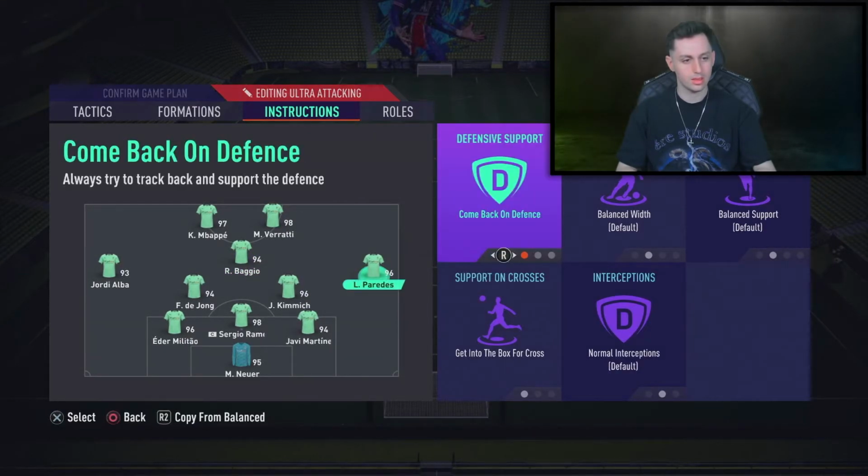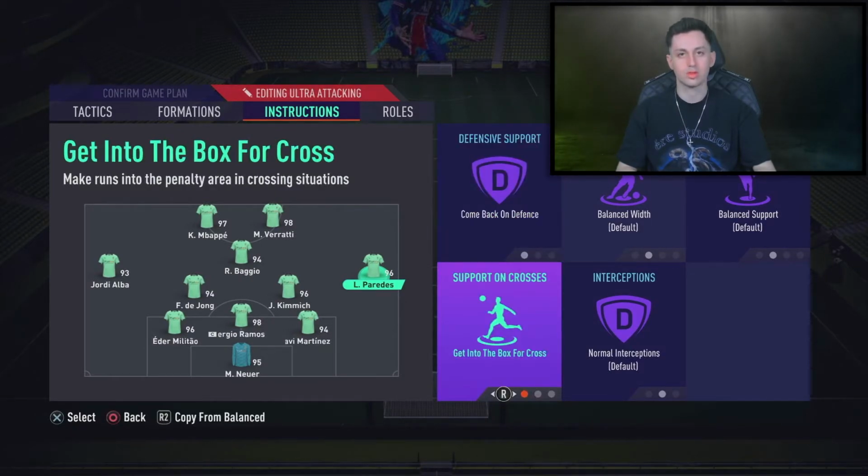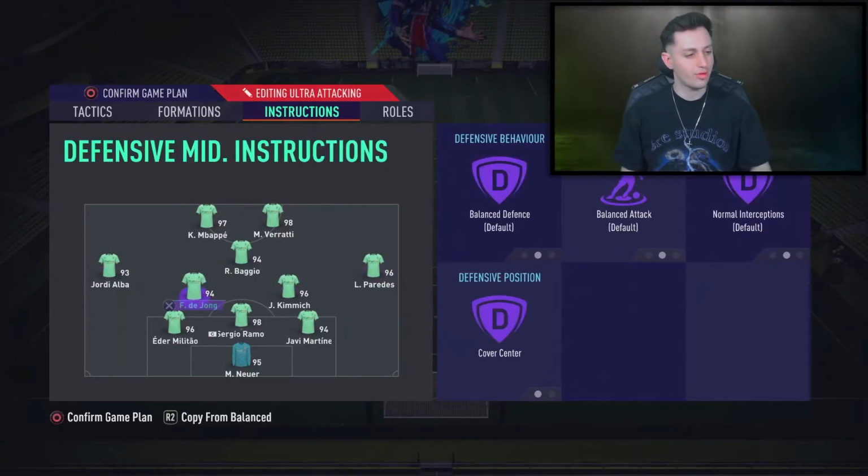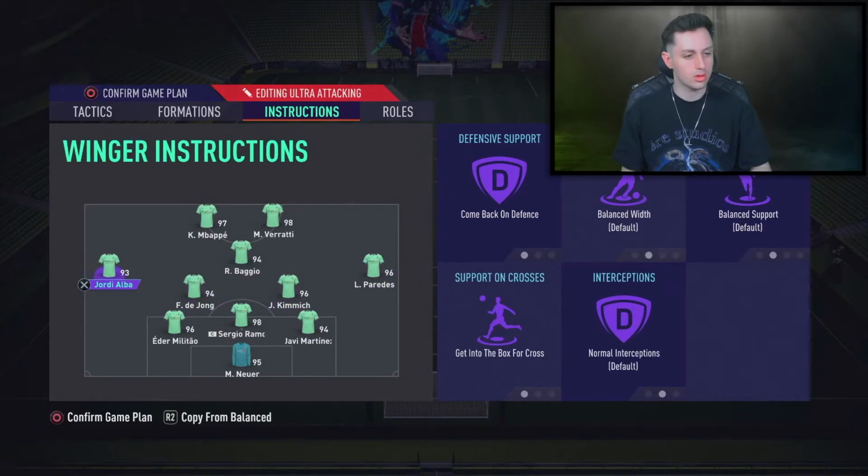My right mid is on comeback on defense to support the defense and get into box for cross. Also my left mid as well. For the left mid and for the right mid, in my opinion, it's very important that they can do everything, so that they have much pace, can shoot, can pass, can dribble, pass the defense and the offense very good,